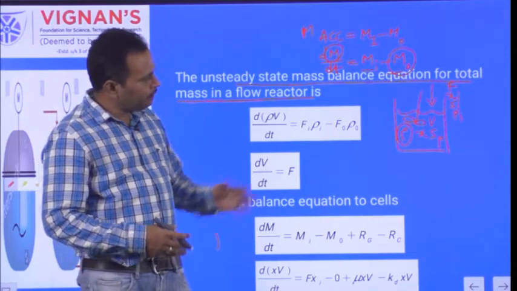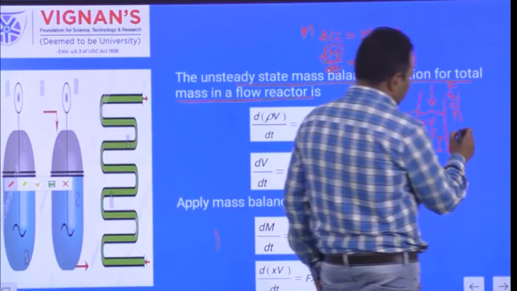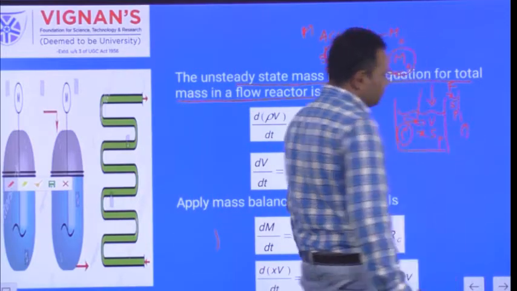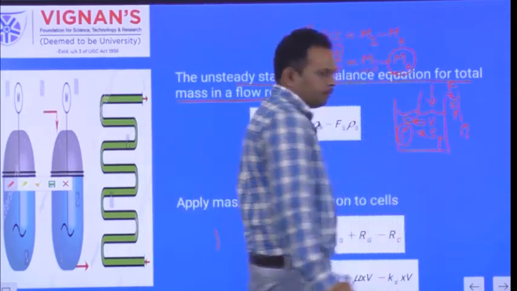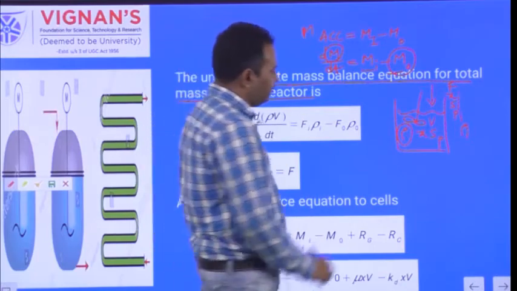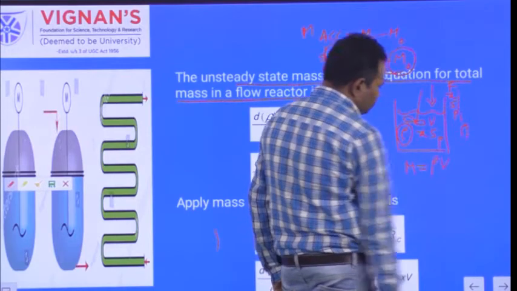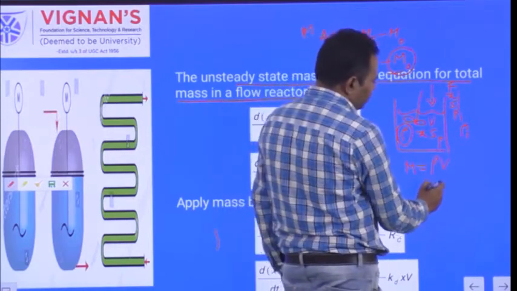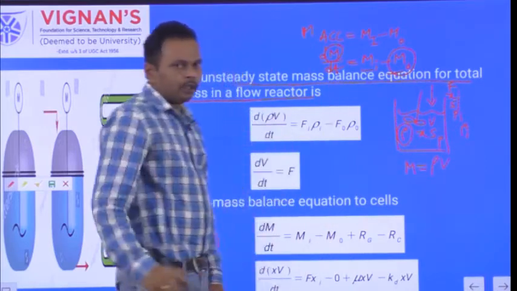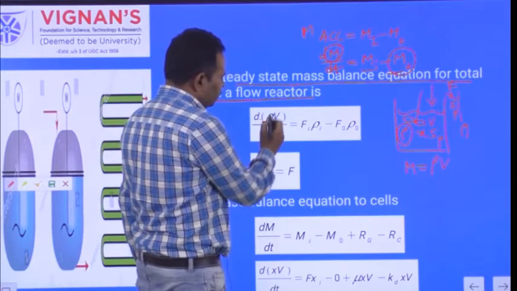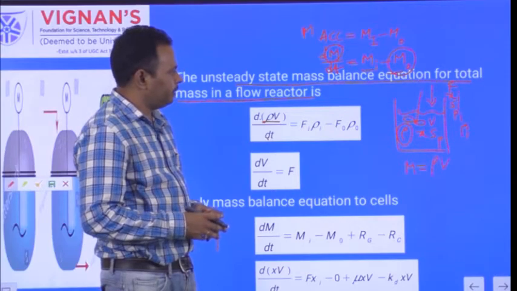Since you are adding the feed from outside, assume the density of the feed stream is rho I. Rho I is the inlet density of the feed stream and rho is the density of the fermentation broth within the fermenter. To find the mass, multiply density with volume: mass is equal to rho V. Density is mass by volume, the volume cancels, and you obtain the mass. So in place of the total mass, write rho V, d by dt of rho V, that is the total mass accumulated within the fed batch fermenter per unit time.